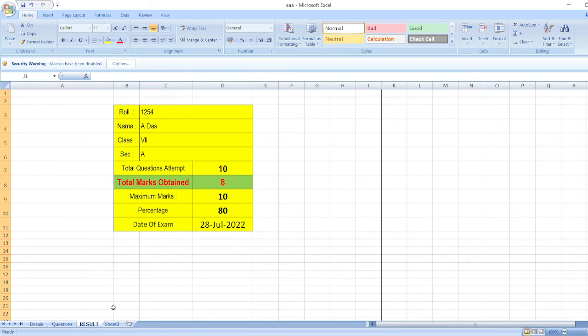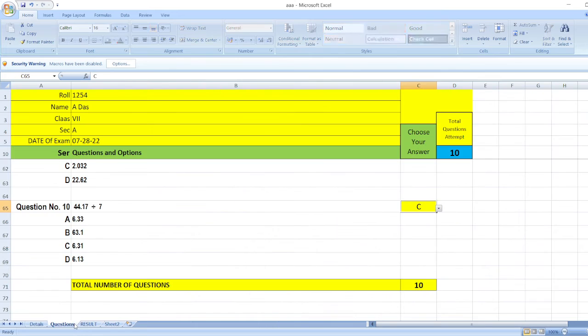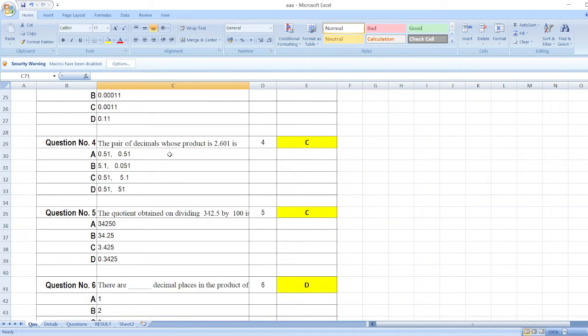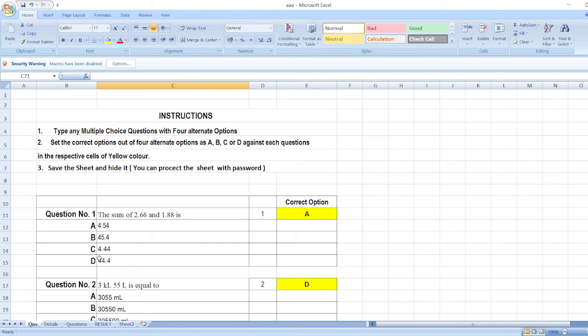So here we can change any questions. The questions are here, so you can right click, unhide. So our question is there. When you change the questions, immediately choose the correct option. So if you write any question, let me check. Smallest prime,